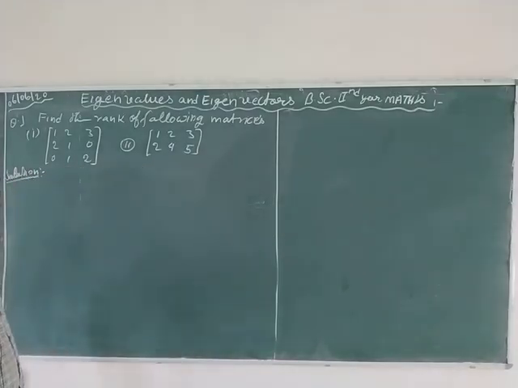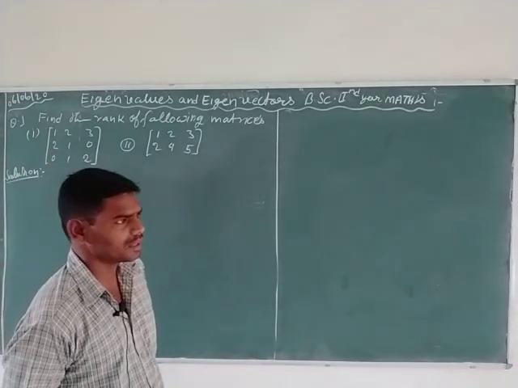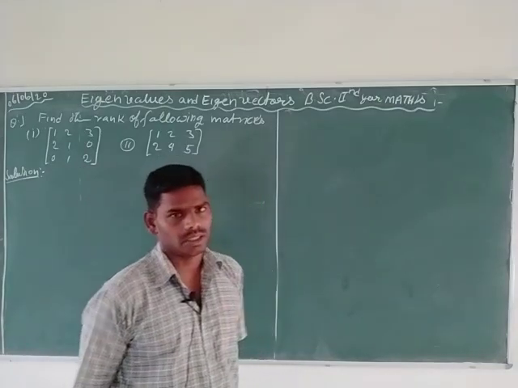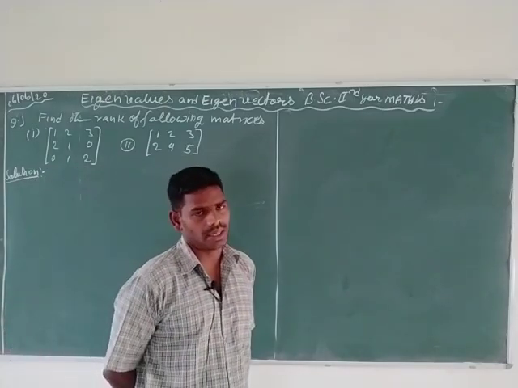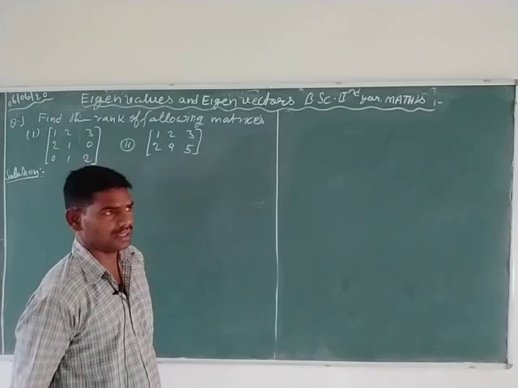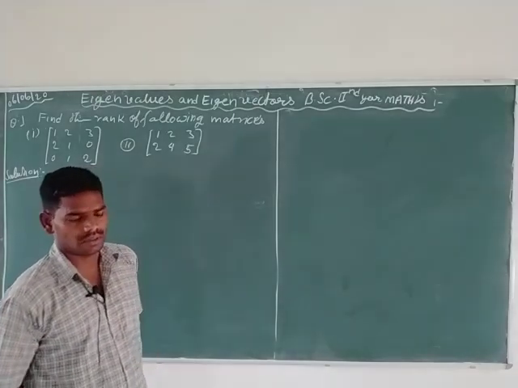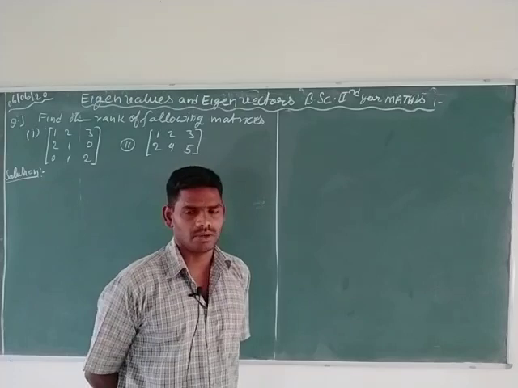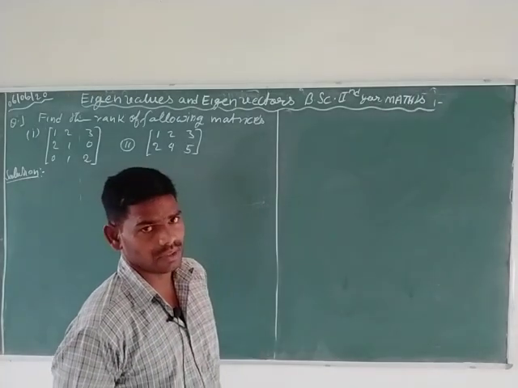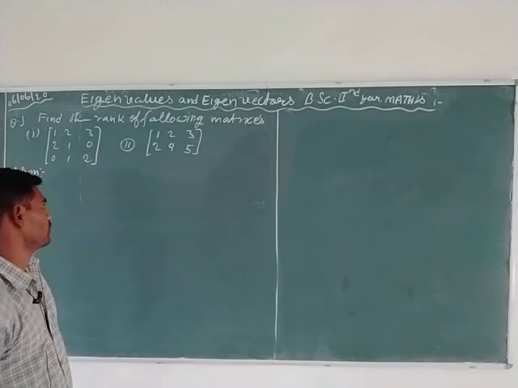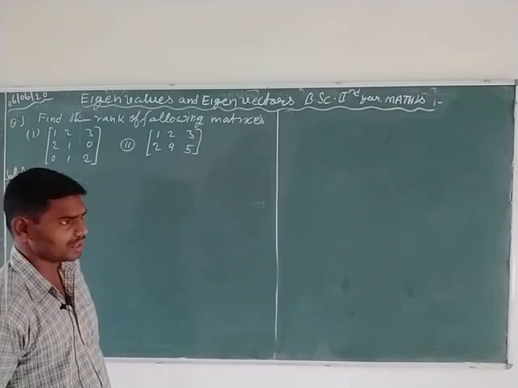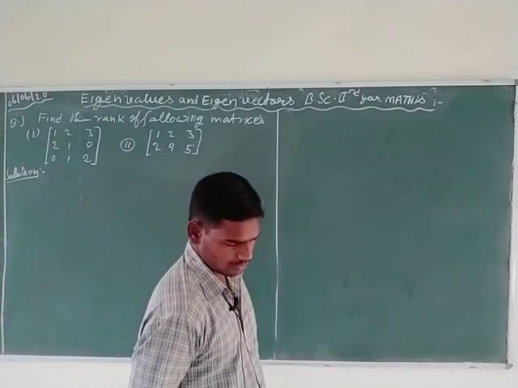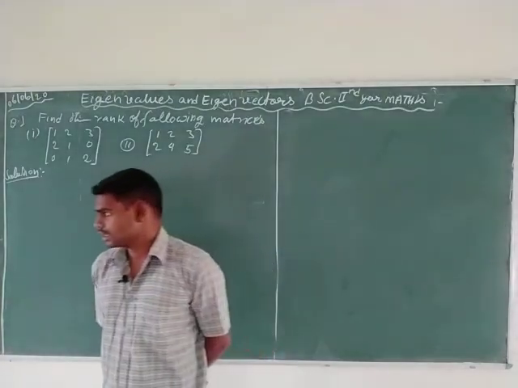If the 2 by 2 determinant is equal to 0, then consider another 2 by 2 submatrix and calculate the determinant, and if it is not equal to 0, then the rank of the given matrix is 1. Suppose that is equal to 0 for the 1 by 1 submatrix of the given matrix, then the rank of the given matrix is 0. So applying this method to the given question, you can calculate the values of rank of the given matrices.